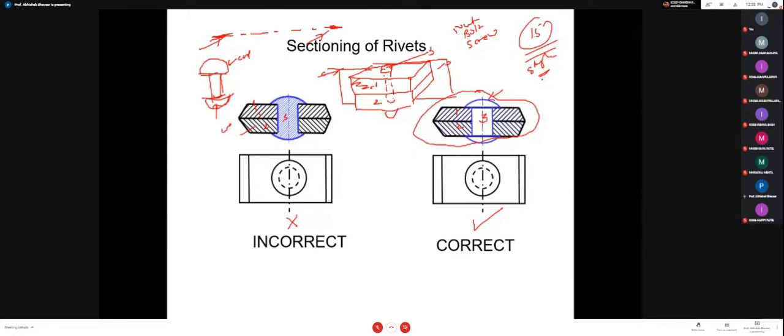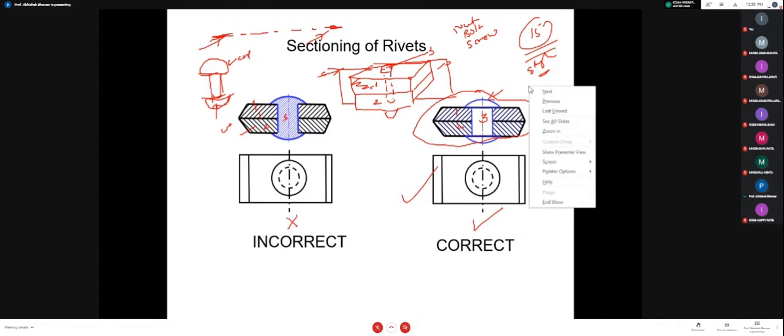But if someone wants to ask you a 2 marks or 3 marks question, in that case you may be asked such a question: draw the sectioning of the rivets. So how to draw the sectioning of the rivet? In that case, you have to draw such a figure. If you draw it like this, it will be correct. This will not be incorrect. It will be useful to you in the future. Okay, but remember, it may be asked for 1 or 2 marks in the examination. It will not be asked for 15 marks. Such a question will not be there. In that case, you will have a single component. So in such a case, I have to represent it like this.